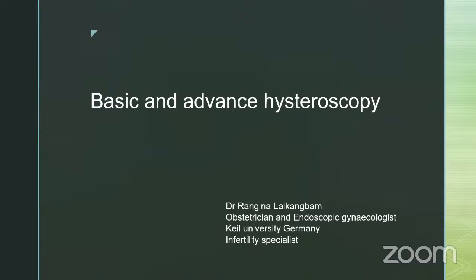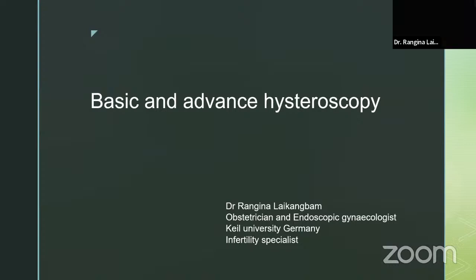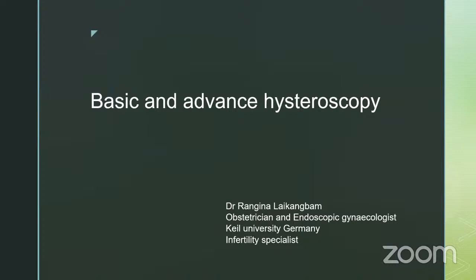And one more question is: if a patient has previous CS 1 or 2 with AUB, can hysteroscopy be a good option? Yes, why not? We can reduce the pressure and the flow. Even if the patient has a previous uterine perforation history or two previous cesarean sections with AUB, we can reduce the pressure and the flow, and of course we can do a hysteroscopy for the patient. Very true, totally agreed.